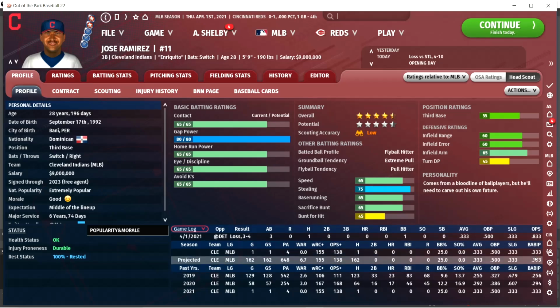Now, real life projections will change as the season goes on with new information, and it'll factor in their performance, etc. Maybe that would be too much. I don't know how difficult that would be, or any of this would be, to be honest. Obviously, I don't make the game. And so whether this projection just generates and it gives it to you, and it stays the same projection throughout the season,